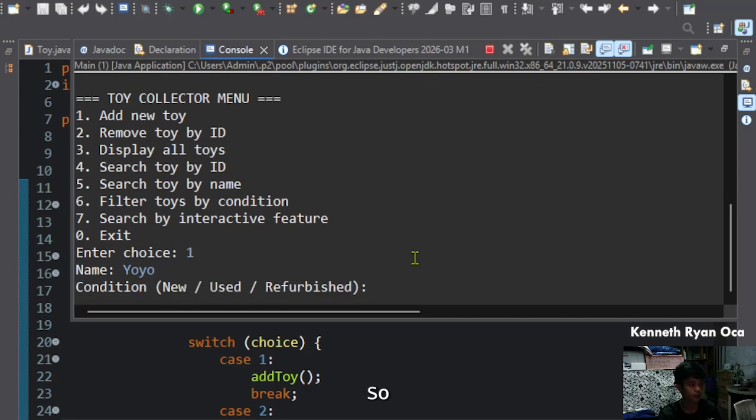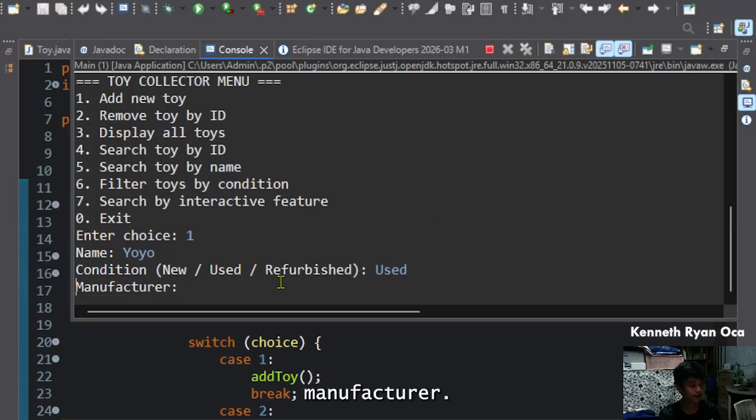The condition is it new, used, or refurbished. I will be going for used, so it is second hand, I just bought it from my friend. Then manufacturer, I'm going to guess here, so I'm just going to put Bandai Namco Inc.